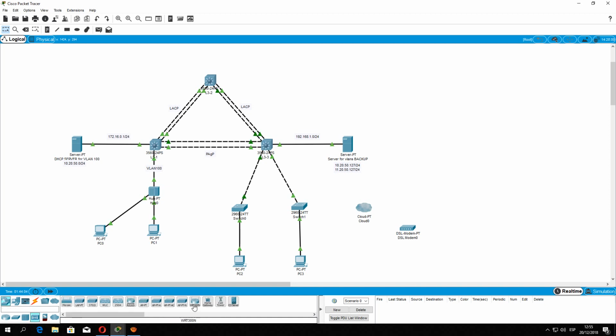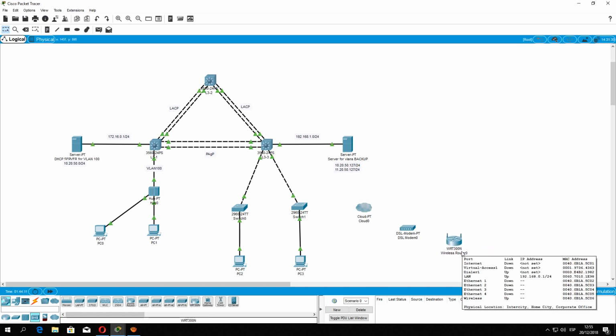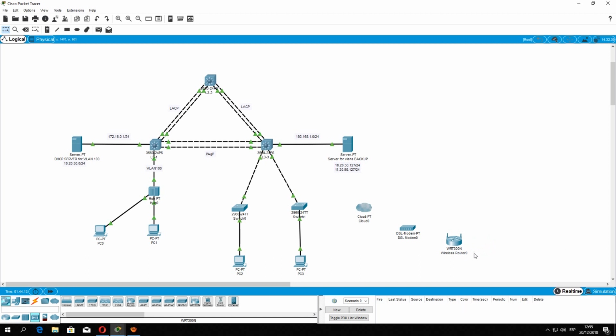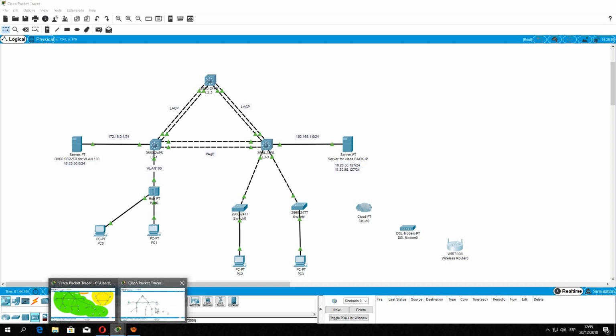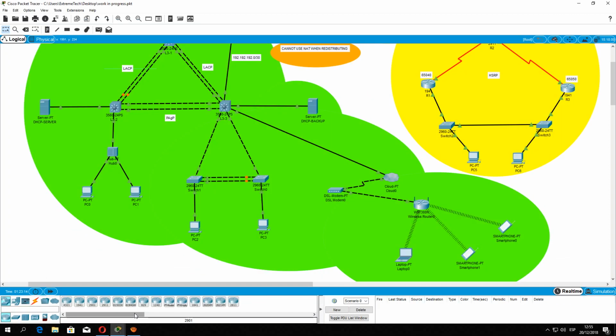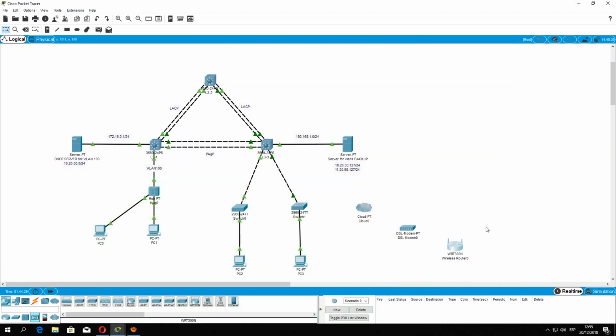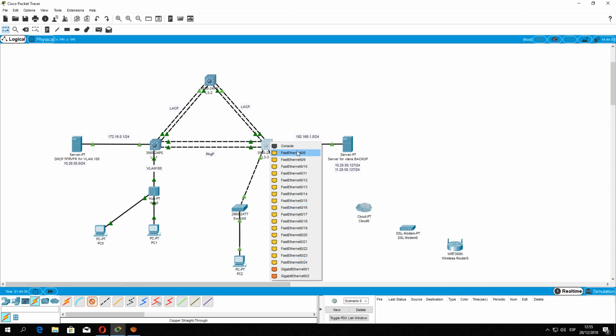It is the WRT300N, actually, wireless router. I'll make sure this is not a home router. I just don't want to have a home router in my business. No, it is not. Okay, so we're going to connect a straight-through cable from Fast 8